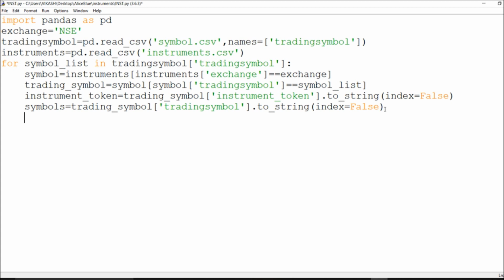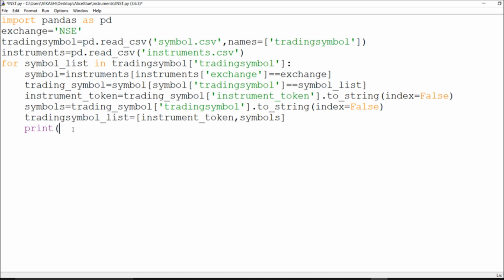For my trading symbol list, I have to say it this way. So trading symbol list, and I got my instrument token, and then symbols. Okay, if I print it out for you, the trading symbol list will be there.